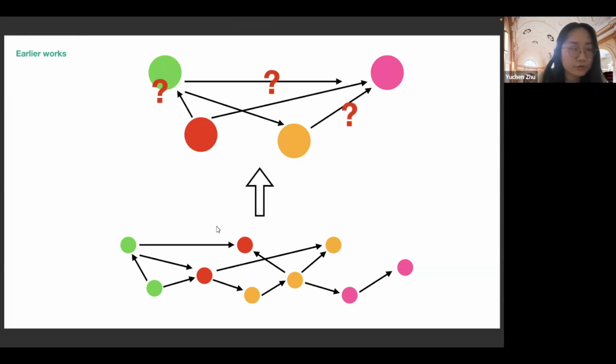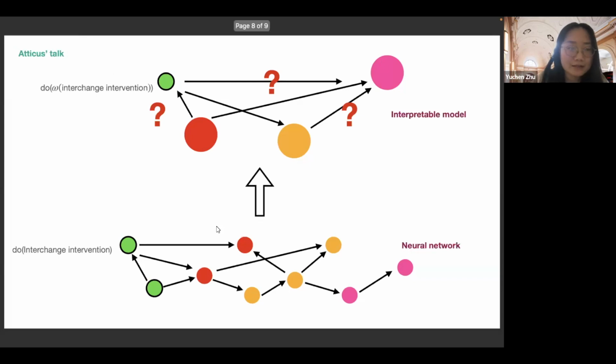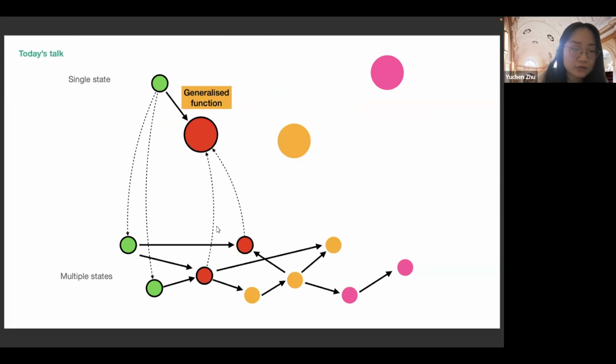under observational and interventional distributions. And then we have Atticus Geiger's talk, which applies this view, this macro model first idea, if you like, for neural network interpretation. First, we need to come up with some hypotheses for what the neural network is doing over some macro variables, and then we check if it is consistent with the low-level model over all interventions. Here, an intervention is given by an input data point, and Atticus generalized the notion of interventions to interchange interventions for this purpose. And now for today's talk, we're going back to the implementation first view.